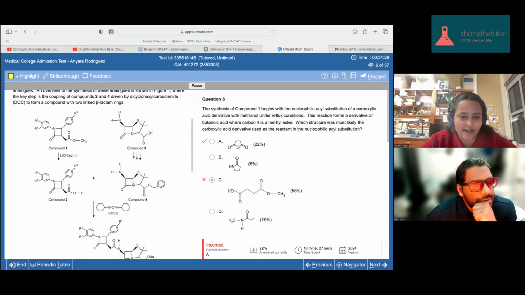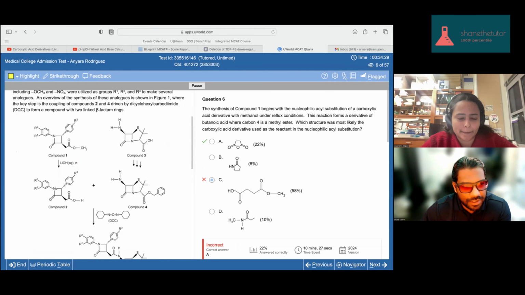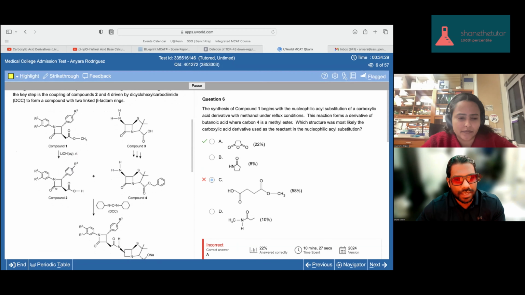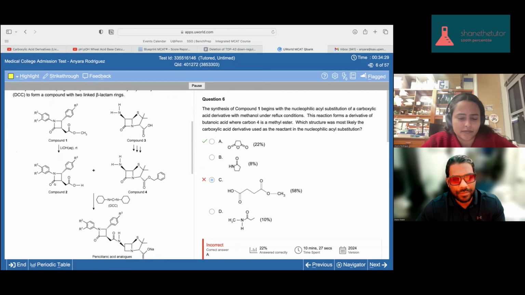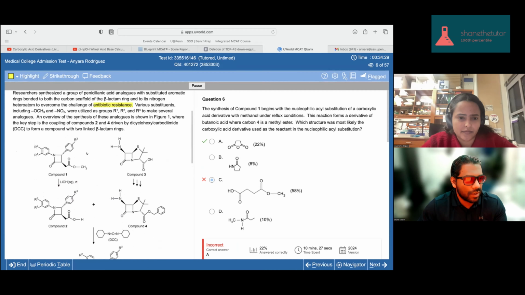It's weird how they have it here. But yes, this is a synthesis. So the R groups here, I thought they were just going to be big carbon chains, but it seems like there are things like OCH3 and the nitrile group. Now, what do you think those do? I just mean, the R groups they said were these things.